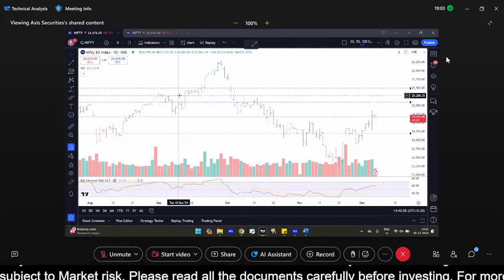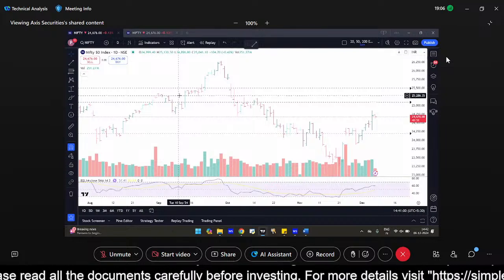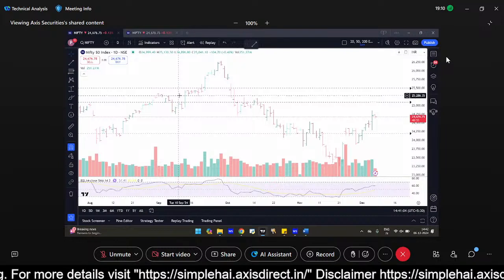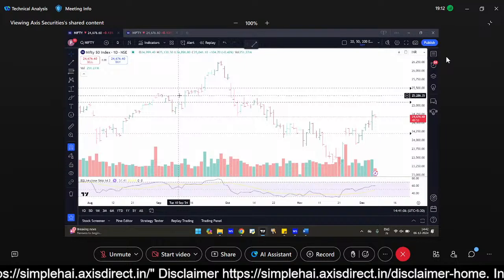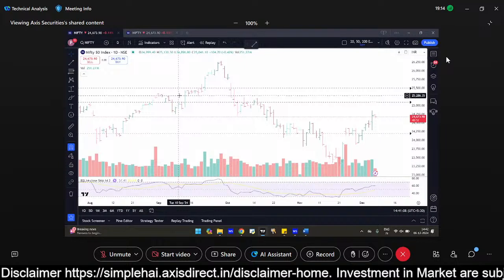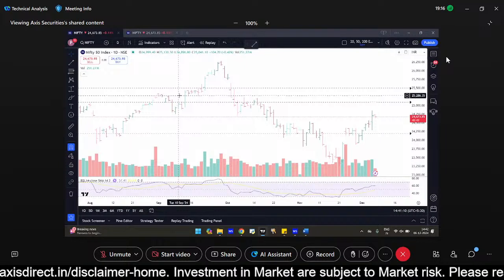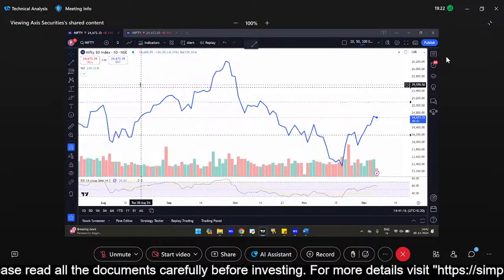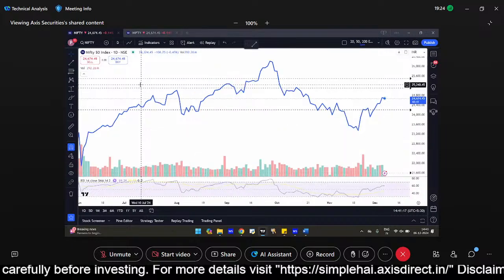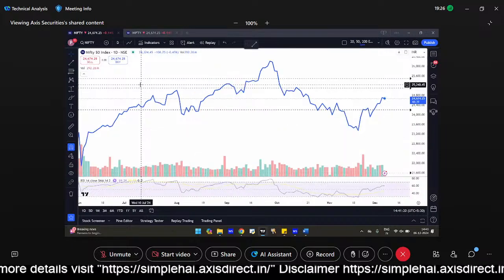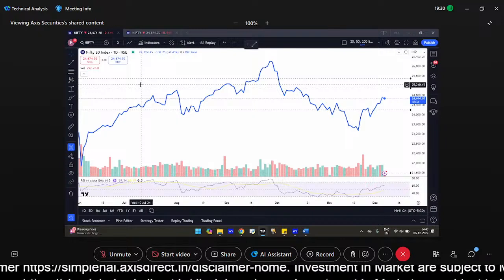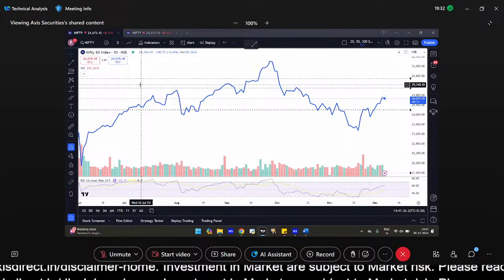Then you have Heikin-Ashi charts, which are a derivative of candlestick charts based on different calculations. One charting method particularly close to me, which not many use, is point and figure charts. Point and figure charts are a noiseless chart. They do not take the number of days into consideration; the chart changes only on a particular price movement. A bit complex to study, but as of now, we will cover candlestick patterns.